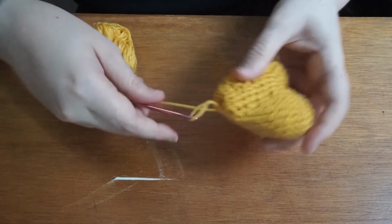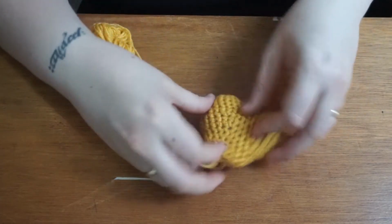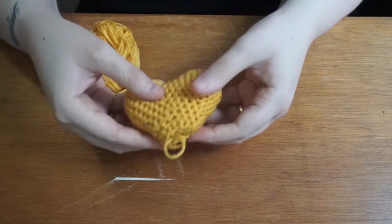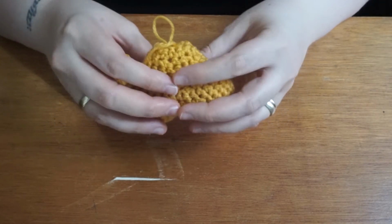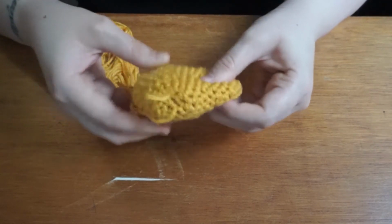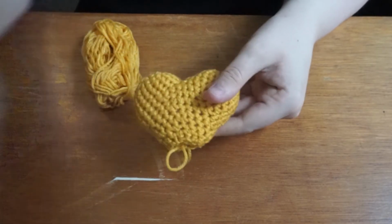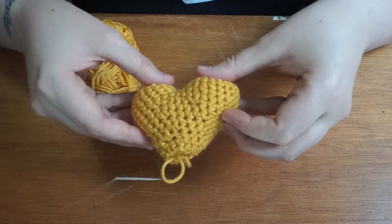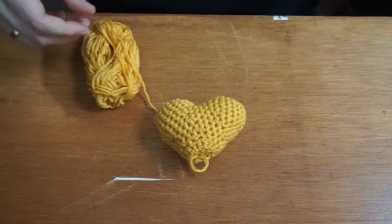Once we're at this point, you can put more stuffing in there. Helps it keep its shape. I think I put enough in there before that I can redistribute it about. So I'm happy with how that has gone. So this